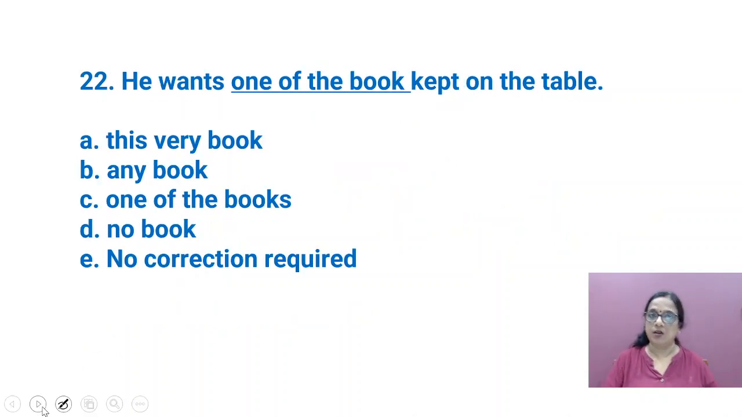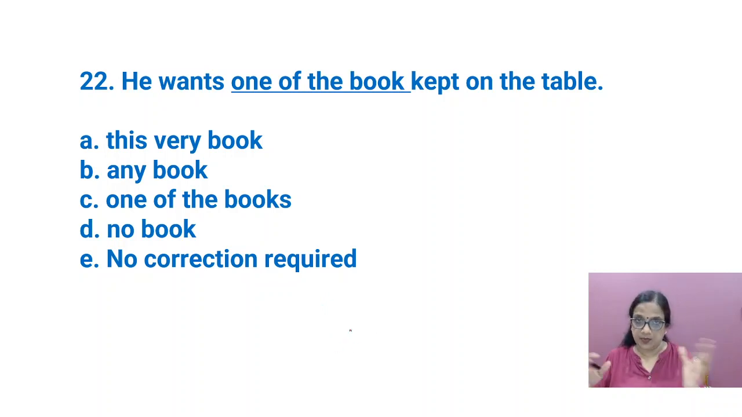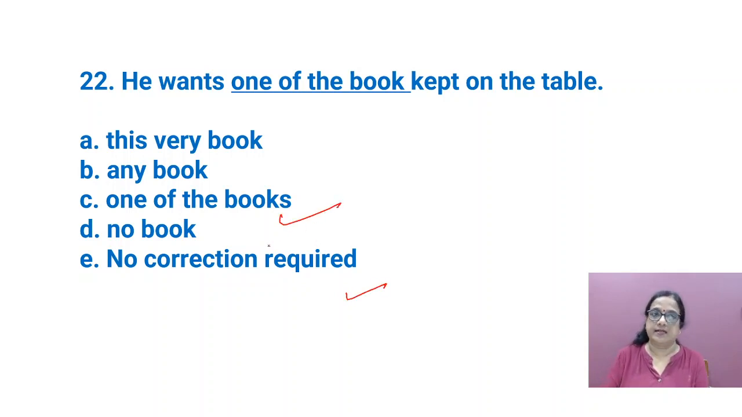He wants one of the book kept on the table. So he requires one of the book kept on the table. So here it will be, he requires one of the books. One of what? One of the book you cannot write. It has to be books, many books. One of the books he requires to be kept on the table. So this one is correct. Next is